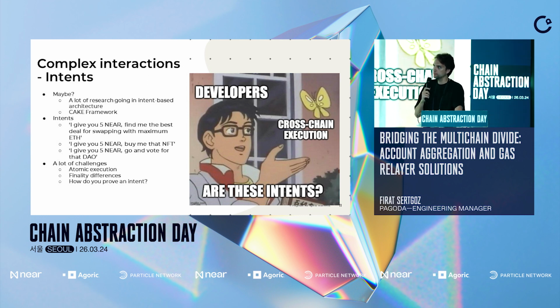Do you define a maximum limit? And how do you come back to the user and say, I proved to you that this is what you wanted? Because the user might say, I'm not sure that's what I wanted. So these are the things that we're working on right now, and I'm very excited to work on these very novel problems and very novel solutions. Hopefully we will get these in the hands of developers and users very soon.